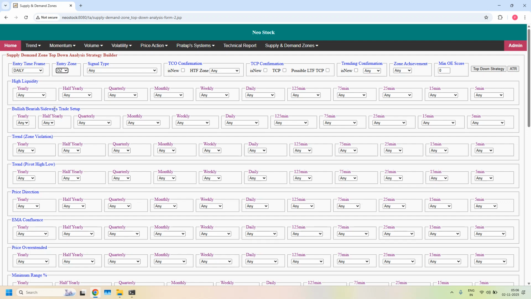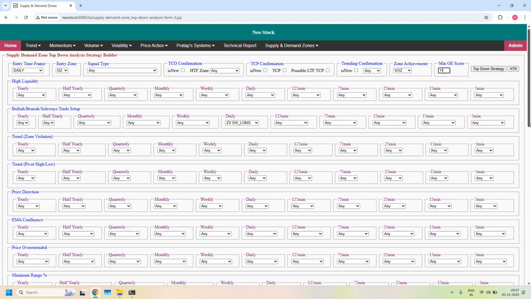In bullish or bearish or sideways trade setup, at entry time frame daily, I am selecting sideways long trade setup, and the zone achievement should be violated opposing zone, and the minimum odd enhancer score should be 11 for sideways and 12 for bullish or bearish. This is sideways, so I selected 11, and only for entry time frame daily I am allowing pierced zones, because